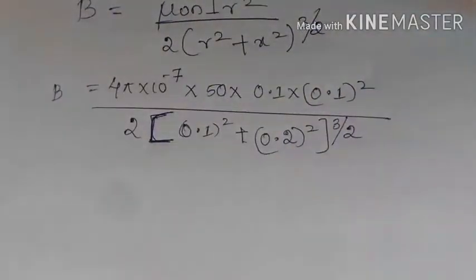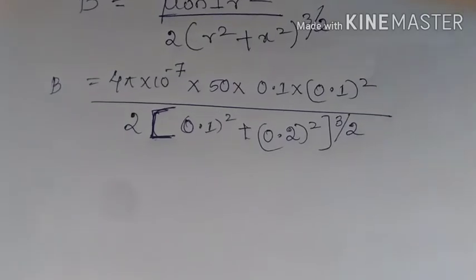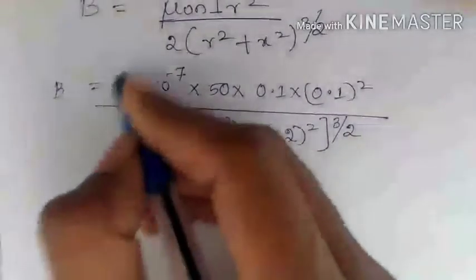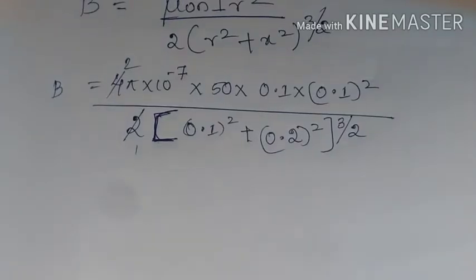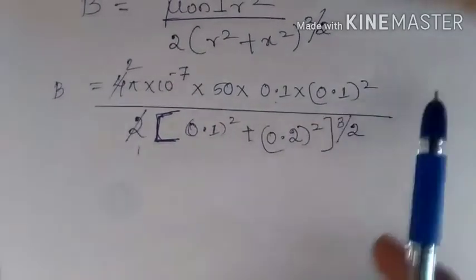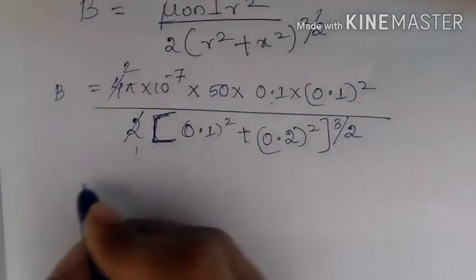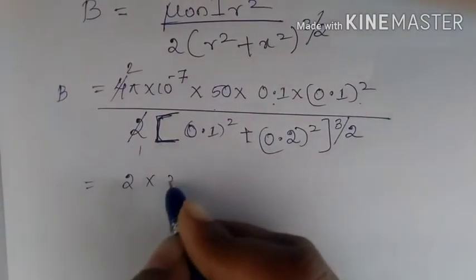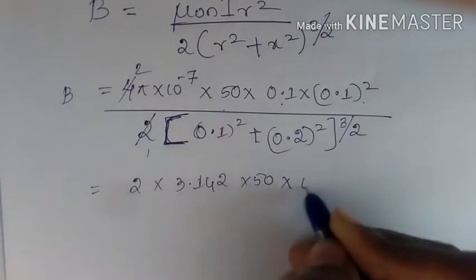So these are the values for B. Now you can divide the 2 ones, the 2s, and the rest you have to multiply on the calculator. So 0.1 is there, 0.1 whole squared is there, you have 50 here, you have pi here. So now the next step would be 2 into 3.142 into 50 into 10 power minus 10